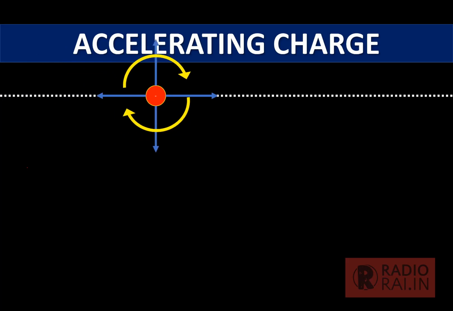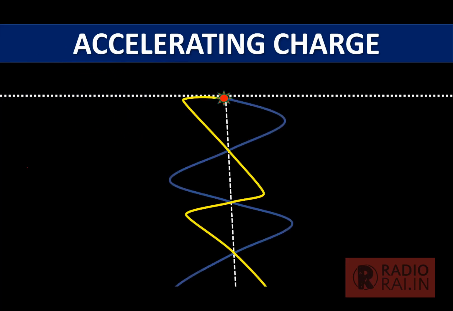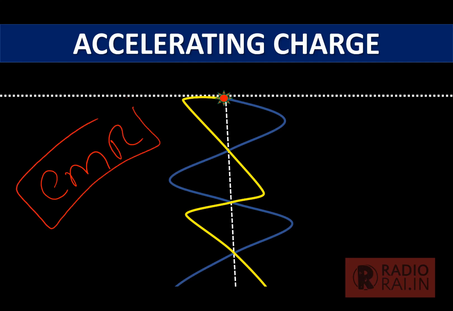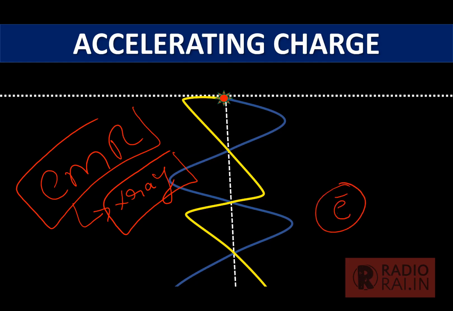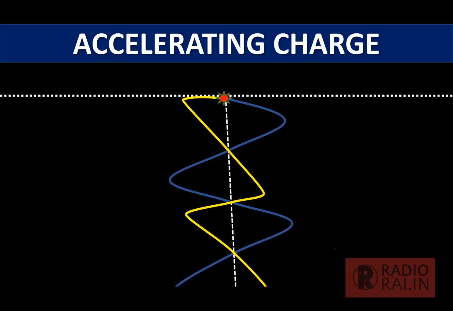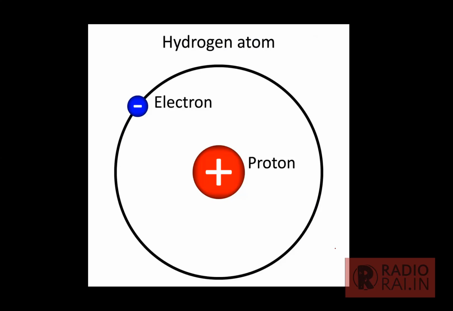But if there is an acceleration or deceleration in the charge, it will produce electromagnetic radiation. Acceleration or deceleration of charges will lead to production of electromagnetic radiation. Now, this electromagnetic radiation is nothing but the X-rays. So X-rays can be produced by acceleration or deceleration of an electrical charge. And whenever an electrical charge is moving, it produces a magnetic field. We need to understand this to understand how the MRI machine produces the magnetic field.